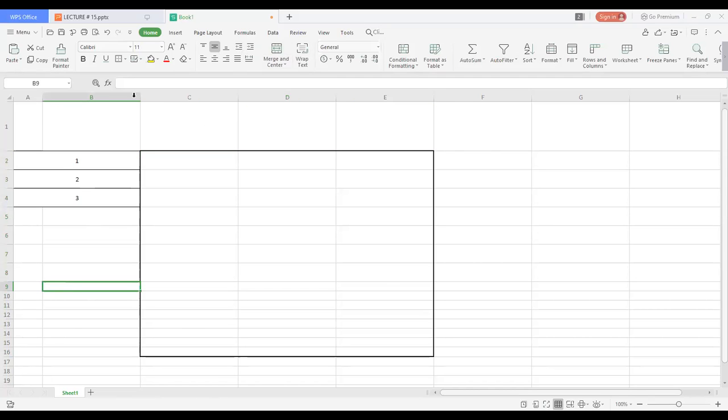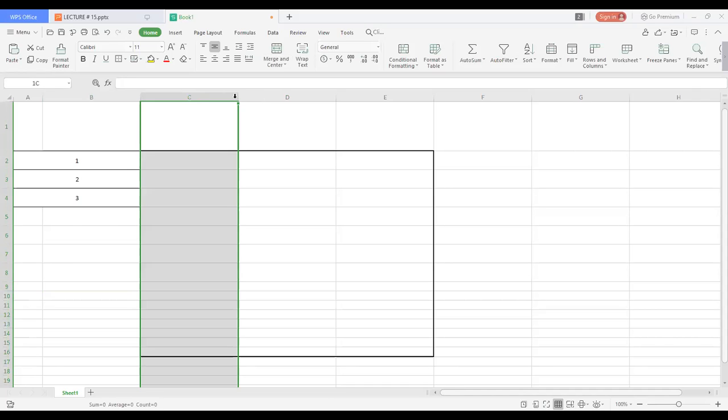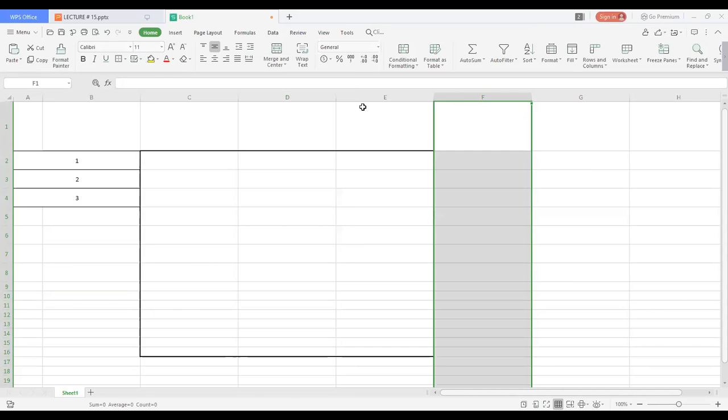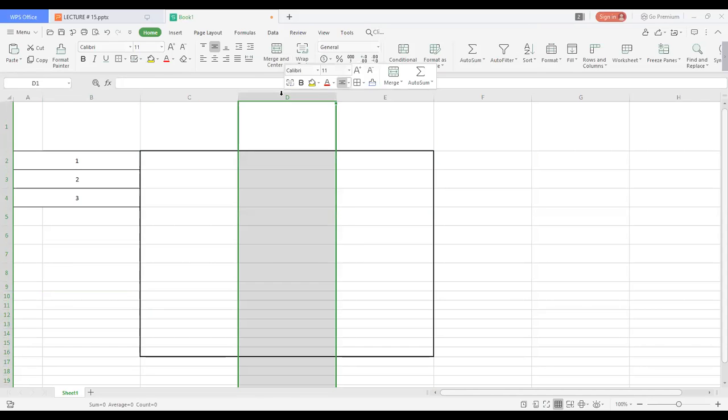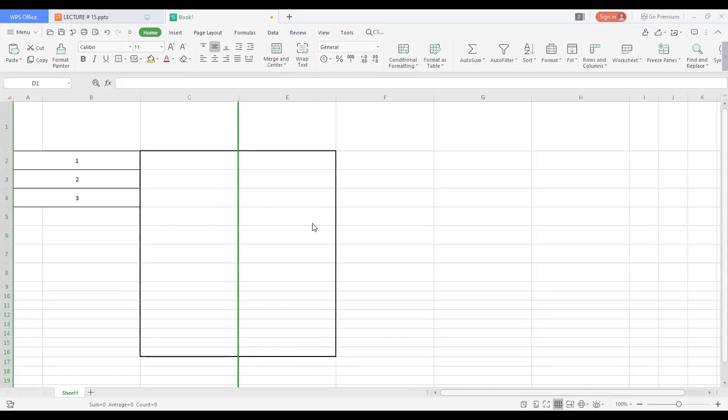So this is how you increase the size of the rows and the size of the columns, and you need to select the columns whose size you want to increase, right? You can hide the column if it is unnecessary, by right clicking. You can unhide it, and it will be displayed, right?